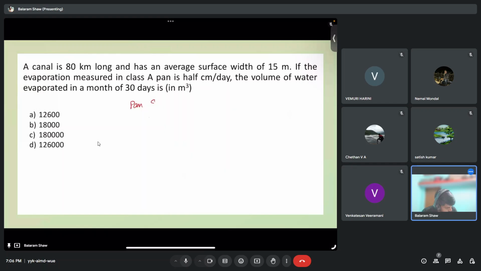Next question is evaporation pan corresponding to Indian standard, that is ISI pan, installed at the bank of the reservoir. The water surface area on a particular day is 100 hectares, and the recorded evaporation loss from the pan is nearly 4 centimeter. The anticipated evaporation loss from the reservoir for that day is dash cubic meters per day. Per day, as in for that day only.